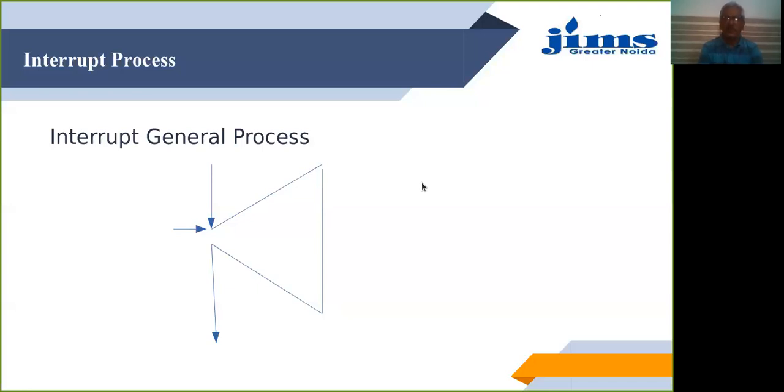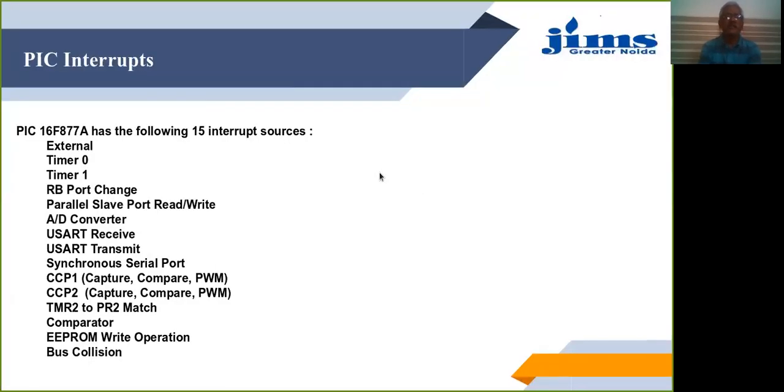Let us now see the different interrupts that are available in the PIC series of the controller, and we are specifically talking about the PIC third family, and the controller that we are discussing is the PIC 16F877 microcontroller. This third family of the microcontroller, that is 16F877, contains 15 interrupt sources. And if you combine them, they turn out to be 8 sources. So this comes from the external sources.